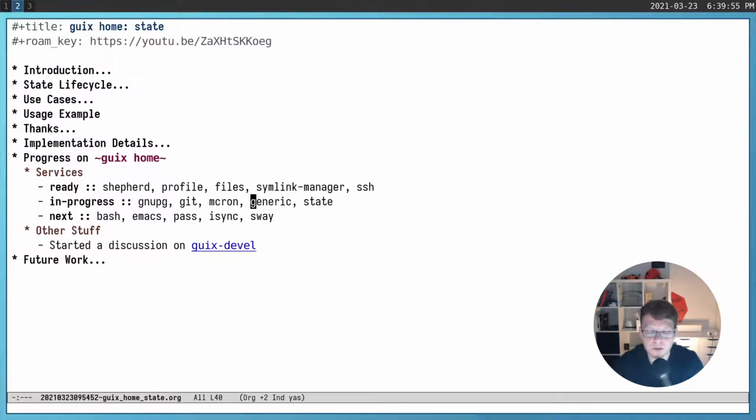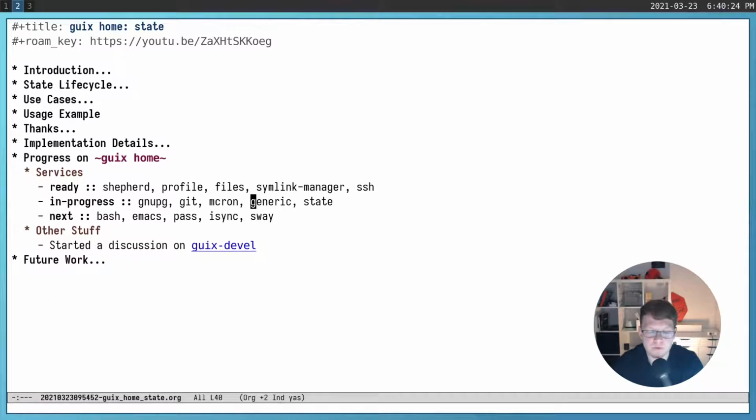Using the generic service, you can just specify a local file inside your repository with configuration, and it will be installed in the place in the .config directory where it belongs, and it will work, and it will be managed by Guix Home,